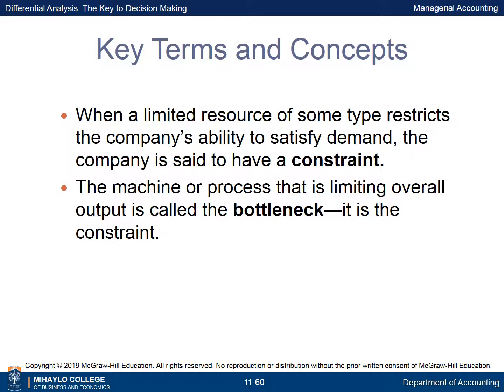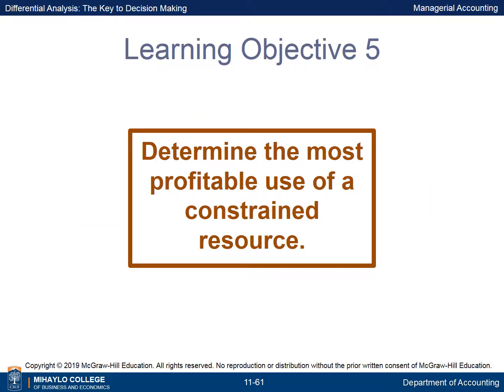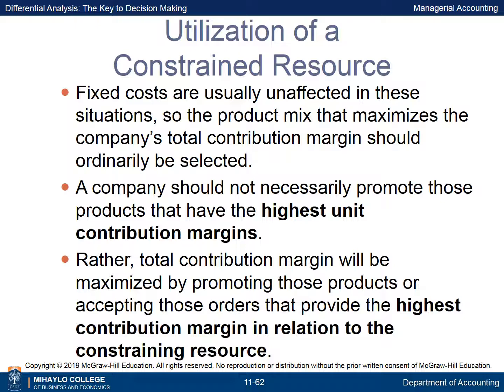It is the constraint. Learning Objective 5 is to determine the most profitable use of a constrained resource. Fixed costs are usually unaffected in these situations, so the product mix that maximizes the company's total contribution margin should be selected. A company should not necessarily promote products with the highest unit contribution margins. Total contribution margin will be maximized by promoting products or accepting orders that provide the highest contribution margin per unit